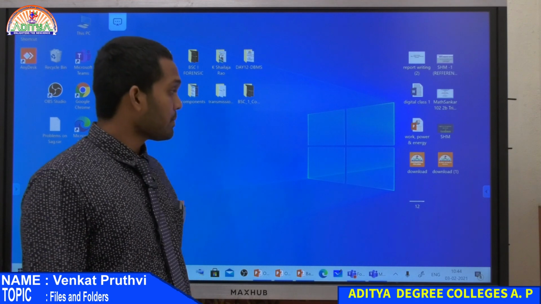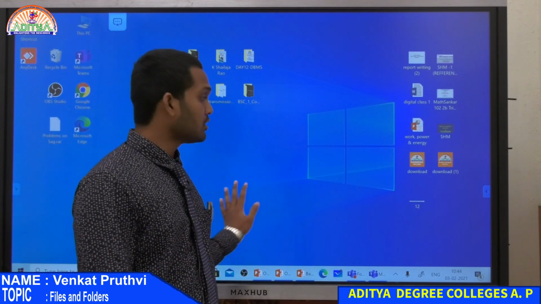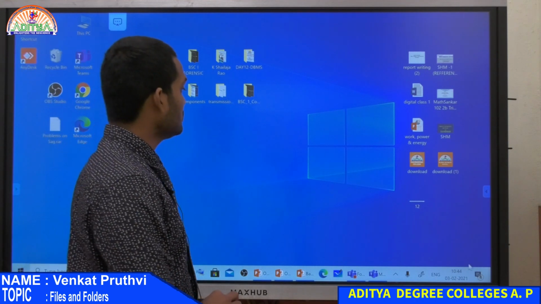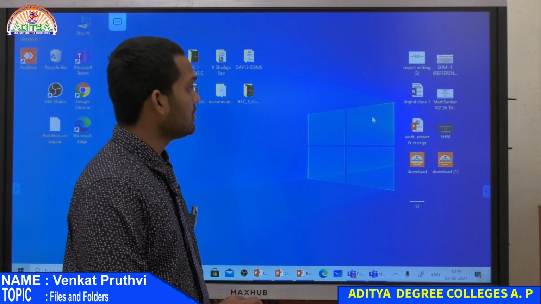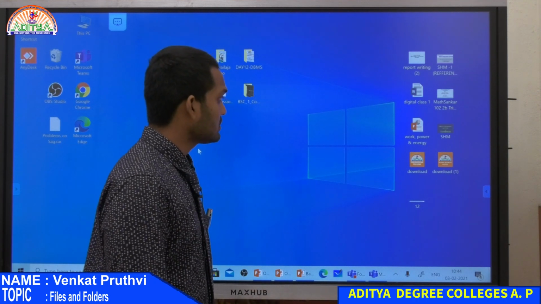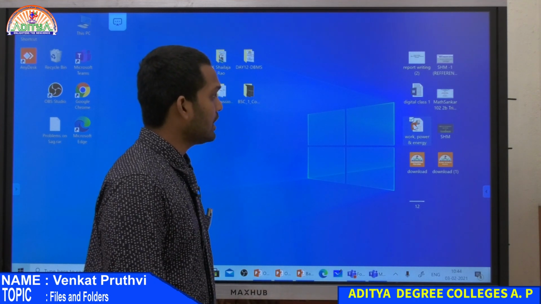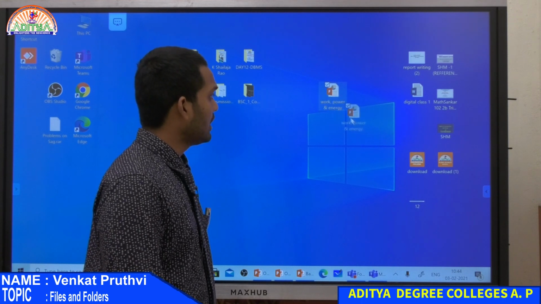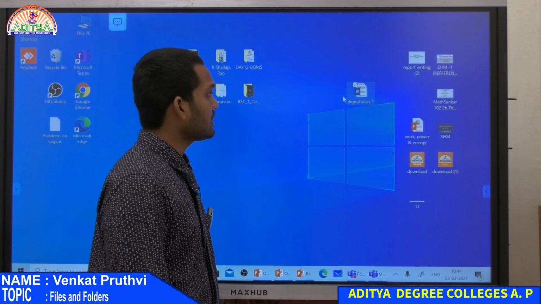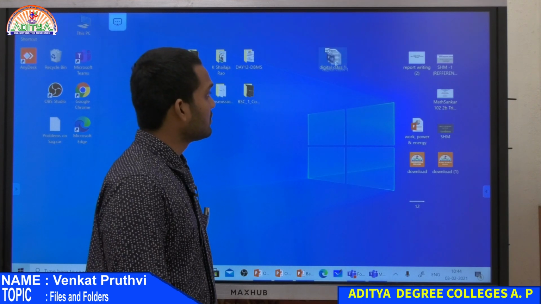The reason is that we have this graphical user interface, so I was able to just click on one file, and I am able to drag it and move it somewhere else. This is how we are able to select a file, drag it and move it.